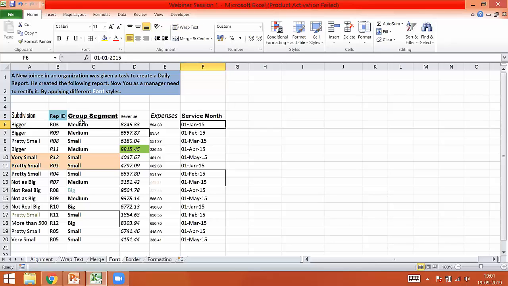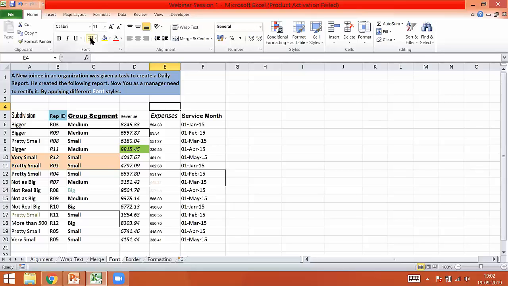Okay, so what I'm going to do first is try to fix one single style of the data. When you start working and creating any kind of report, your manager is going to tell you what standard format to use: your font, what style you are using, the font size, whether you are using bold, italics, or underlining the data.